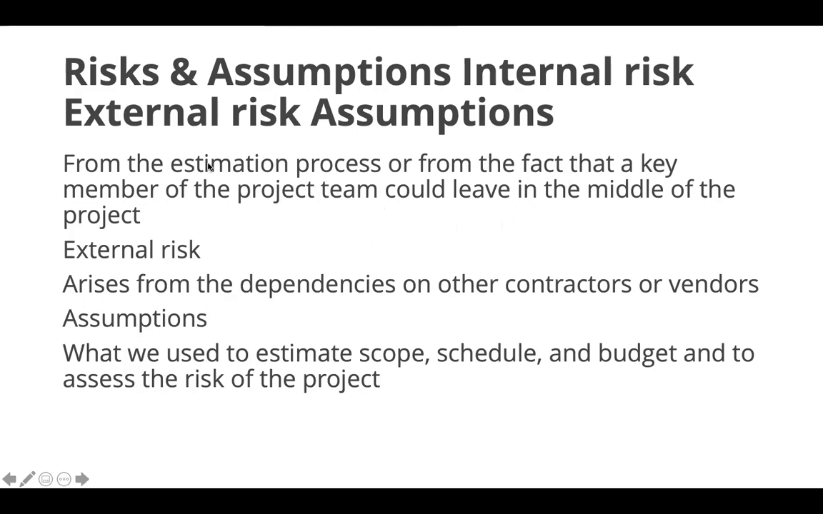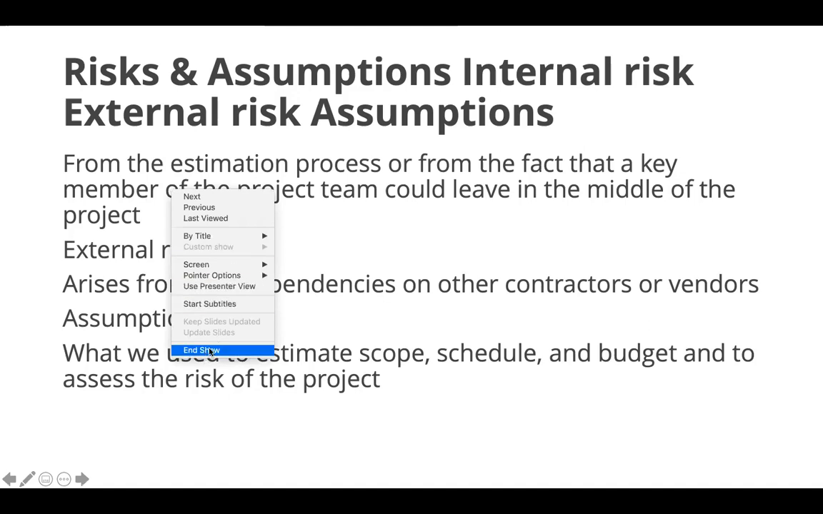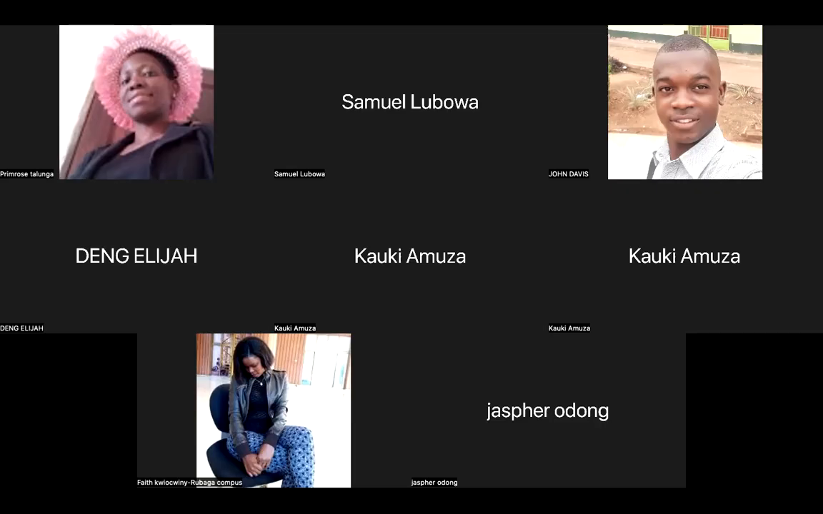Assumptions from the estimation process, or from the fact that a key member of the project team could leave in the middle of the project. These are just a few risks, but we have a full chapter called project risk management, where we shall see this. Here I was just trying to hint at some of the risks that can happen when you're working on a project. And the internal ones is that one of the members can decide to leave and maybe go for another